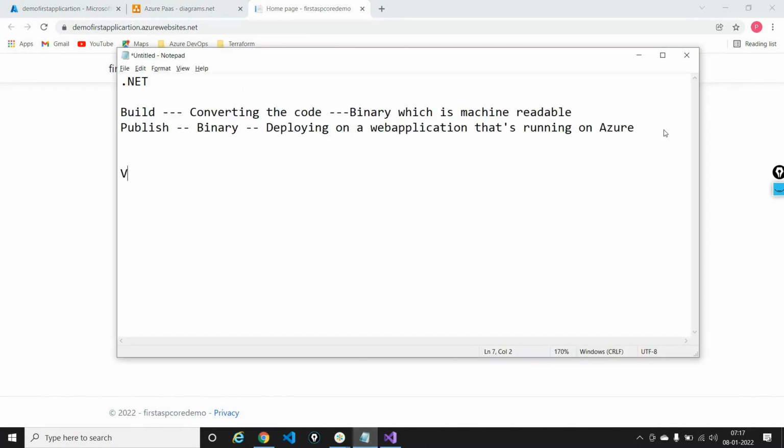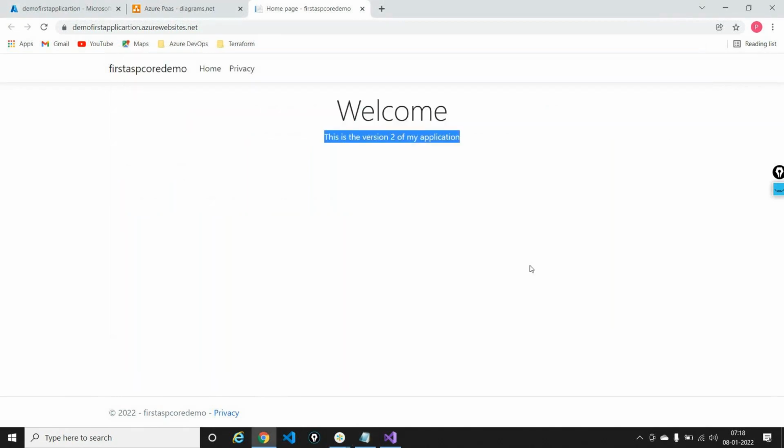So we went to version 2 and we said, okay, the code is good. We tested it locally and we have taken the code to a web app that is running in Azure. This is what we did. Now, after doing this, a lot of users are facing issues even with booking cabs. Each and every minute, I'm losing some users, so I'm losing business. I'm losing a lot of money.